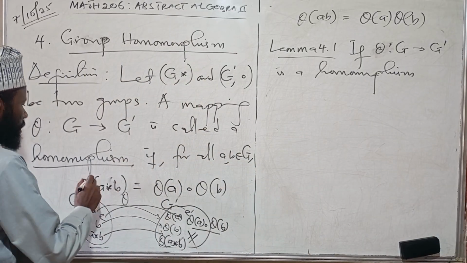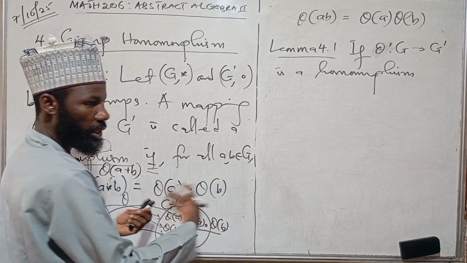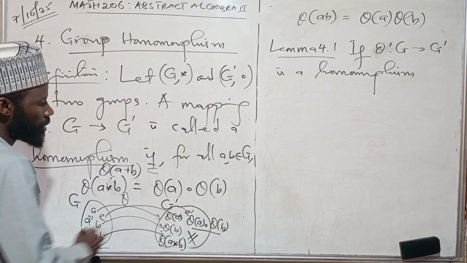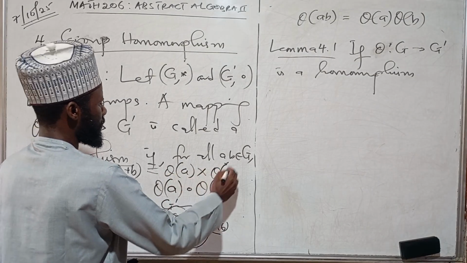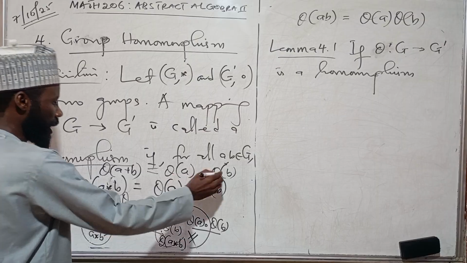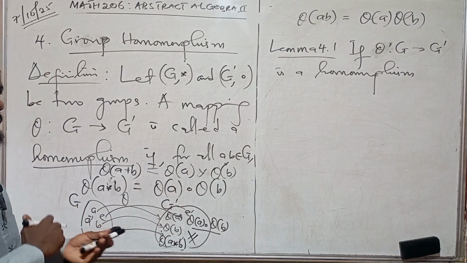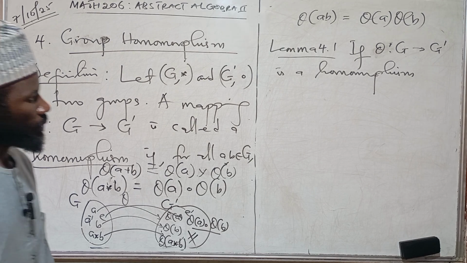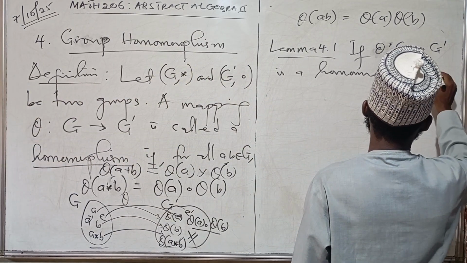This is what I explained. And then the output may not necessarily be by addition. It can still be theta A, if it is multiplication, theta B. Are you following? Or it can still be addition, it doesn't matter, because you can have a homomorphism from a group to itself. I hope it's okay. So if you have a group homomorphism, then